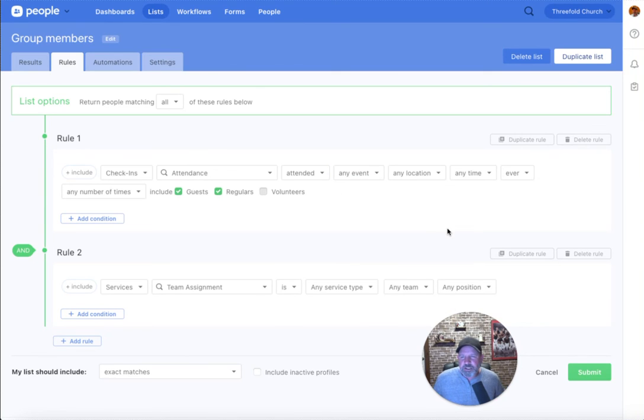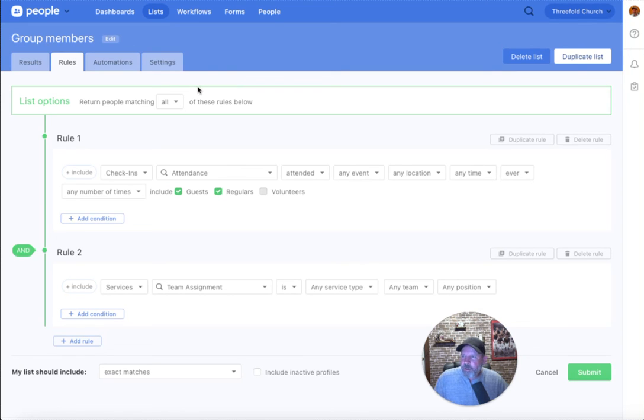And again, this is important that we do check-ins, because check-ins are a trigger for ways to populate custom profile information. So custom tabs, custom fields. And in this instance, maybe somebody has attended a growth track class and we're looking for that. And when we pull that list of people, maybe we're going to use an automation on this list. And we're going to say anytime somebody checks into this event for baptism or this event for growth track class